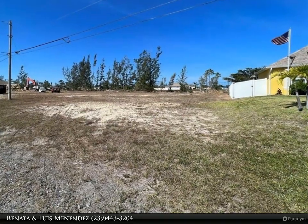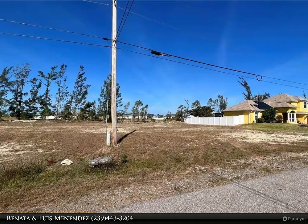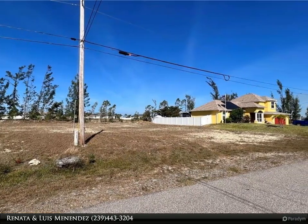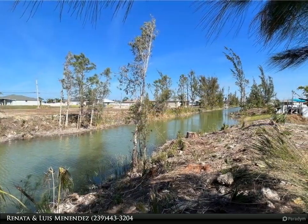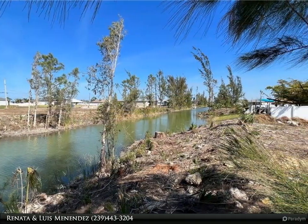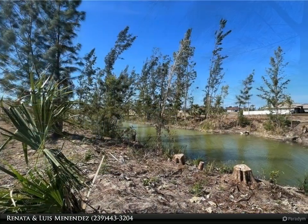The location is fantastic, conveniently located within minutes of US 41, making it easy to travel up and down the Gulf Coast. Very quiet neighborhood, but yet very close to supermarkets and shopping. Come check out this lot and you will see why this is a perfect place to build your dream home